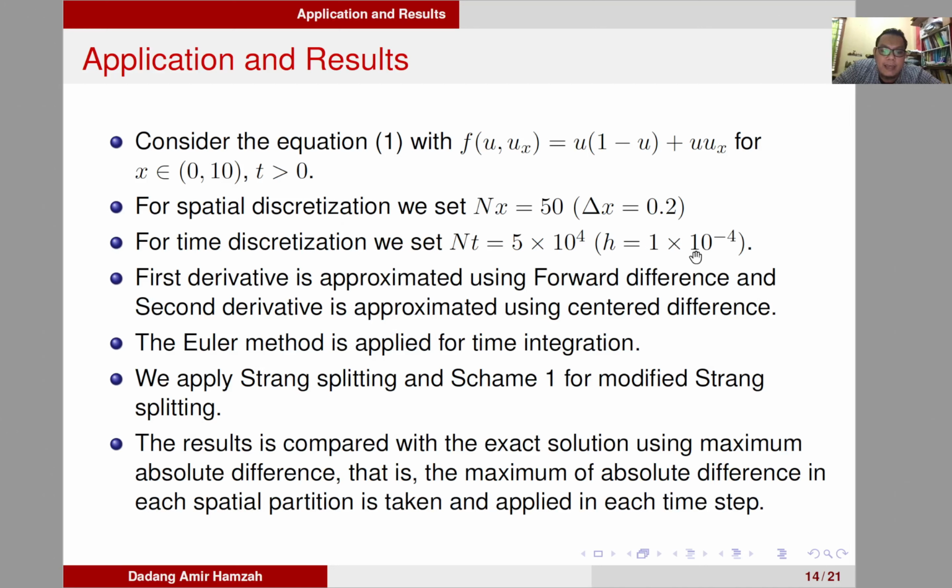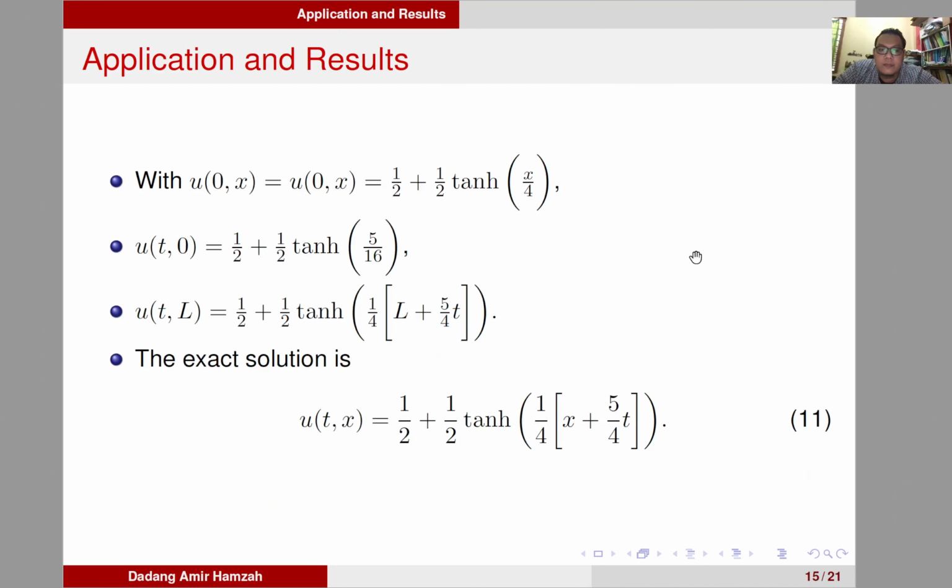and we apply a Strang splitting and a modified Strang splitting and compare the result. The result is compared with the exact solution, and the accuracy is calculated using maximum absolute difference. That is, the maximum of absolute difference in each spatial partition is taken, and it's applied to each time step. We choose the following initial condition and boundary condition. The problem 1 with the following condition has the following exact solution,